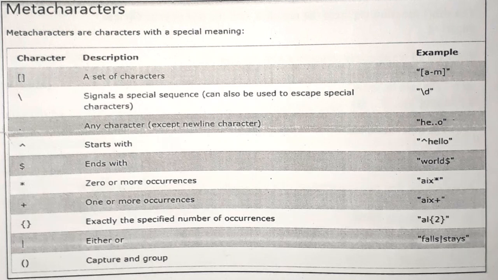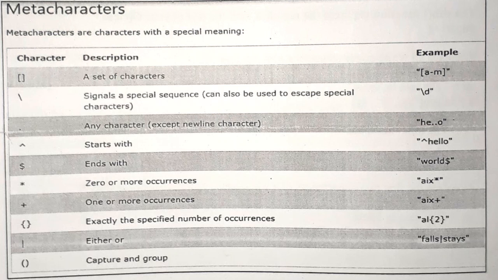Then the slash notation is there, slash d. Just see the example, slash d. d stands for digits. So slash d means whenever we want digits to be present inside the string, we can provide slash d. Like that we have so many other special sequences. Slash d is nothing but one of the special sequences. Whenever we want to make use of special sequences, we use the slash character. There are many sequences available that we are going to see in the next slide.